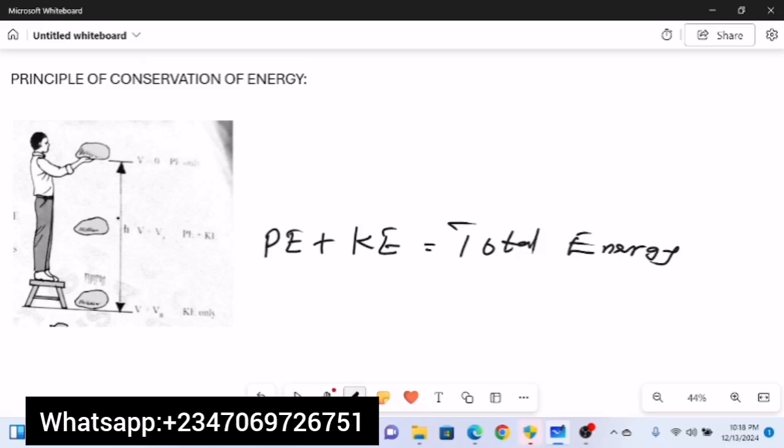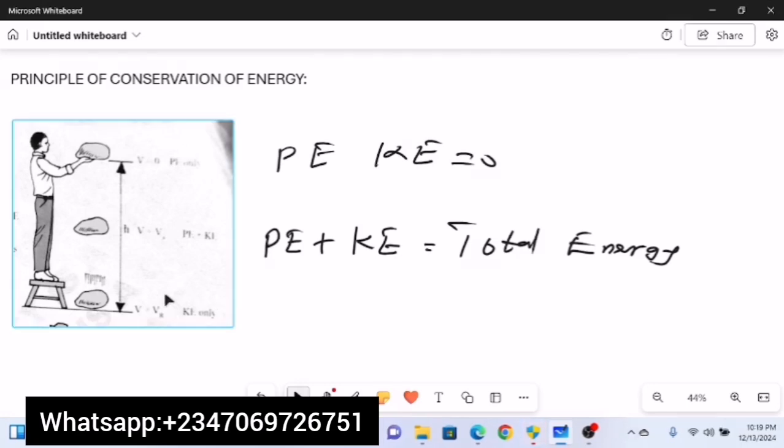But when it is at the top, it is only what? Potential energy that it contains, because kinetic energy is simply equal to 0 at the top. Now, when this object finally gets to the floor, at the floor it is at rest,